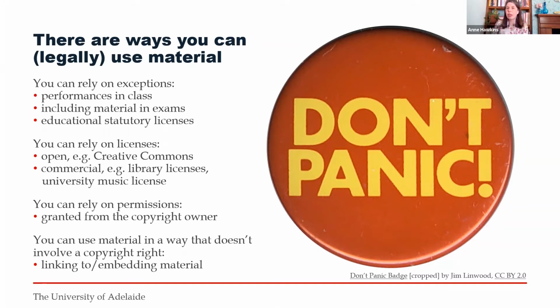And the Act also contains something called the statutory licenses. These allow the university to copy and make available online text and artistic works. So things like your book chapters and your diagrams from textbooks, things like that. It also covers broadcasts, which are radio and television programs. Basically, we just have to pay equitable remuneration to the copyright owners, which we do by having licenses in place with the collecting societies.